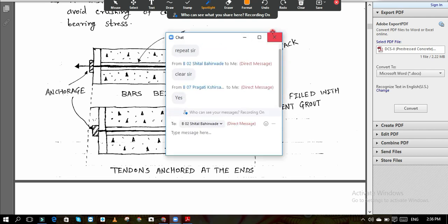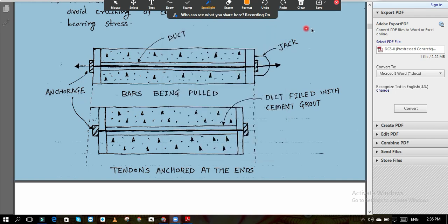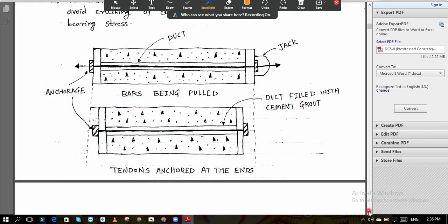Okay, yes, ठीक है। Okay, so now we will move further।